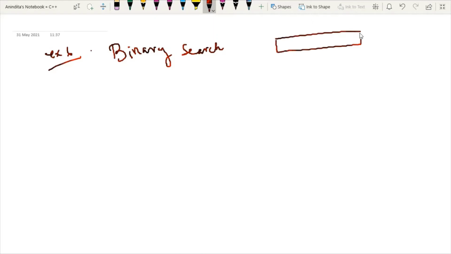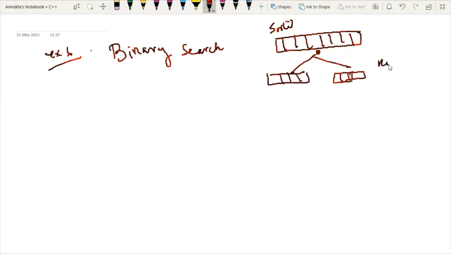In binary search, there are many elements in a particular array and that array must be sorted. It should be arranged in order. At that point, we will find some mid position, then divide the array into smaller parts, and we will have one key value. Key value means which number I'm going to search. Say I'm searching for 5, meaning whether 5 exists in this array or not. So this is known as the key value. I keep on dividing the groups into two parts and keep on searching for the key element in the array until that element is found.